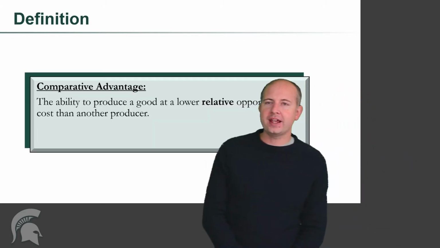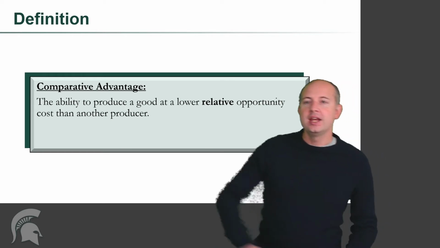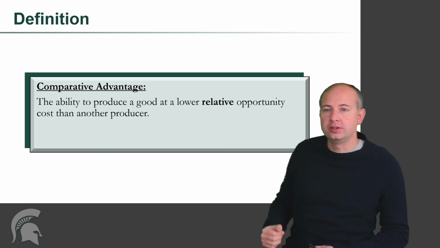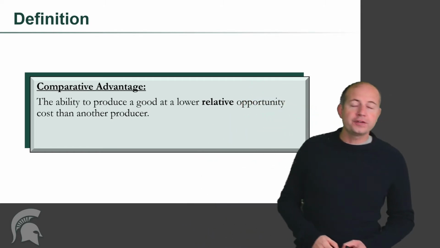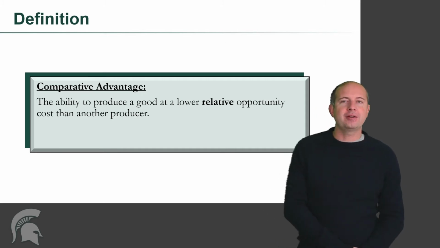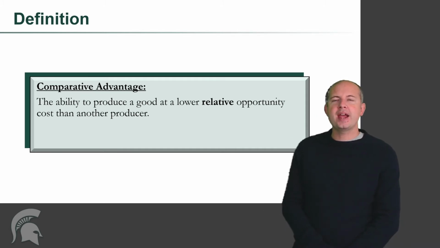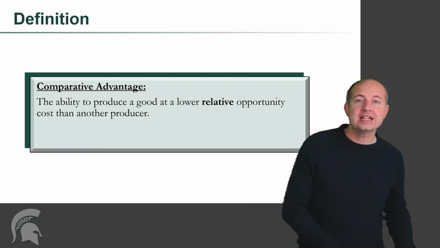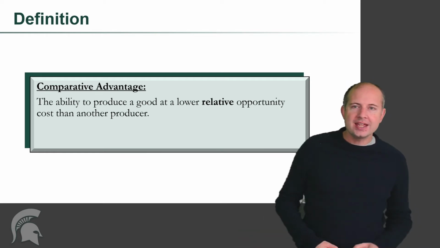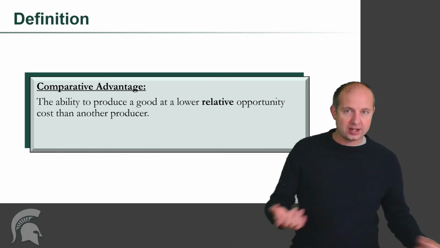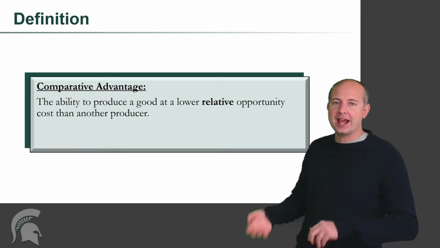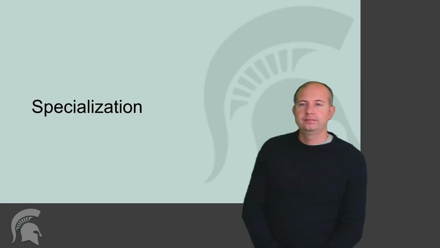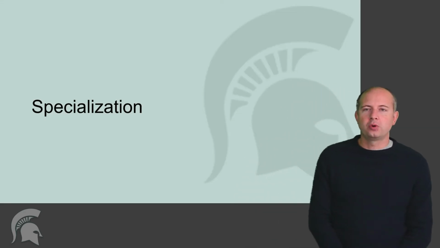And the comparative advantage here, if you remember the definition, is the ability to produce a good at a lower relative opportunity cost than another producer. So if we think about LeBron James, why is he playing basketball and not running a bakery? Because he has a comparative advantage at playing basketball. If he were to opt to run a bakery, his opportunity cost, what he's giving up, is the $30 or $40 million a year he makes playing basketball. So he has a very high opportunity cost for baking, even though he's a good baker and can make money doing it.